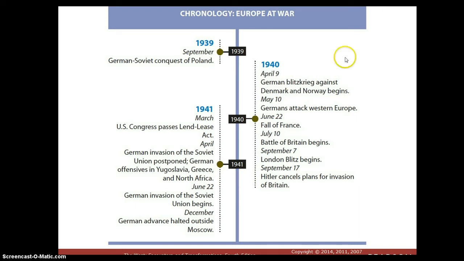And then we see 1940, German Blitzkrieg in Denmark and Norway begins. So we have a lot of places we're not going to be able to cover in detail. Germans attacking Western Europe by '41, which we're going to talk about a little bit more. Congress starts at least helping out the British and then later the Soviets by giving aid, not being involved.